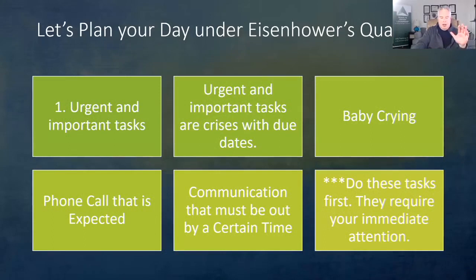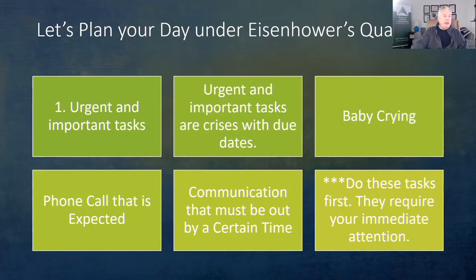So let's plan your day. Let's take a day using the Eisenhower box. Let's talk about the urgent and important tasks. Those are phone calls, emails, texts, conversations that are expected. You know that's coming. Urgent and important tasks, or maybe a crisis. Maybe somebody got really sick in the lunchroom. Maybe somebody just came in and said, "Hey, boss, I got to talk. I'm quitting." Those are the things that will come into your day that are going to disrupt things, but you've got to deal with them. Absolutely.